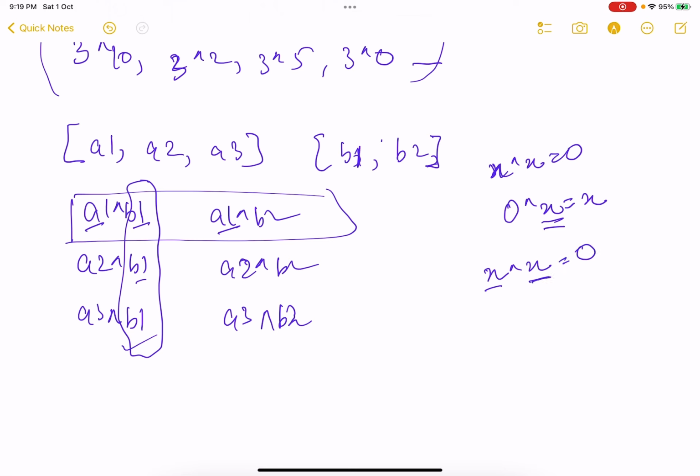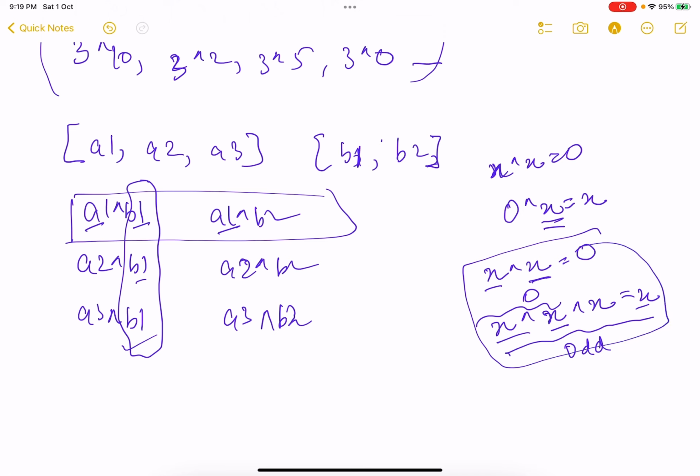And if you do this operation an odd number of times, for example x XOR x, you have taken x 2 times, now you take x a third time, so the frequency of x is odd, so in case of odd you get x. Why? Because this is 0 and 0 XOR x is x. Basic property of XOR. So just see here, it doesn't matter, finally we are going to take XOR of all these values.